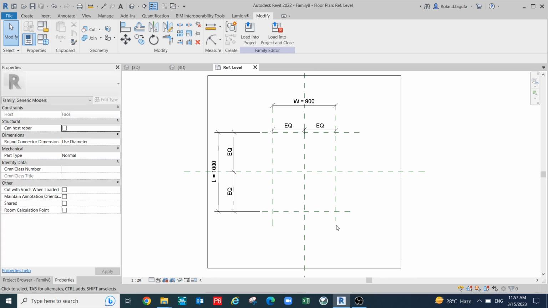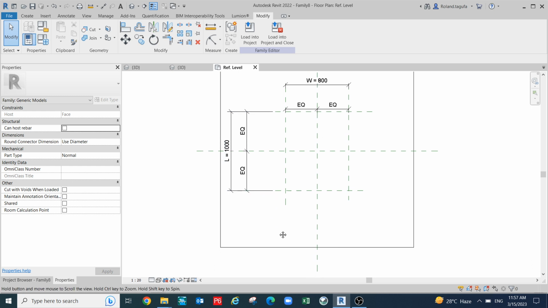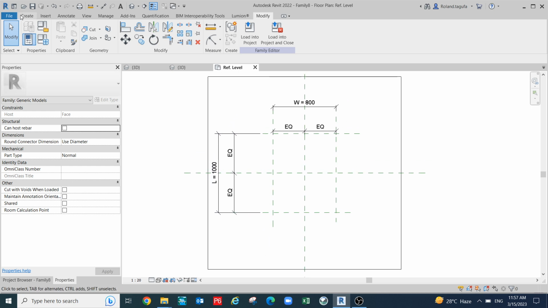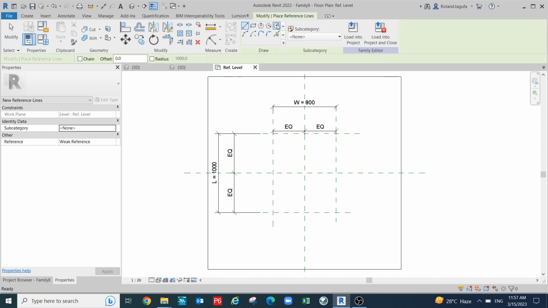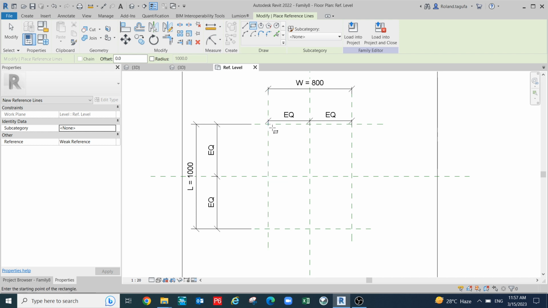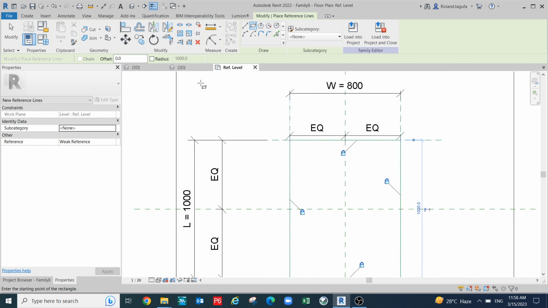Then the next move is we need to create a reference line. Create reference line, and then make it rectangle. Rectangle, and then lock it all. 1, 2, 3, 4. Lock. And then next is